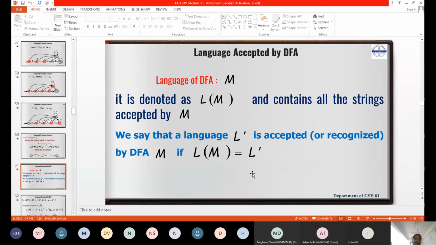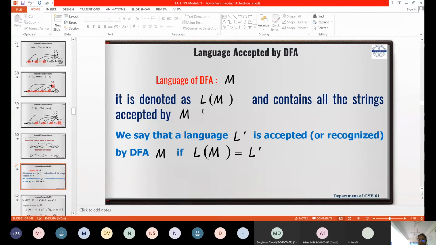Okay, so how do you represent the language accepted by DFA? Sometimes, I don't know, you may get a question or not. How do you define the language accepted by DFA with terminologies? I generally call a DFA or DFSM, deterministic finite automata or finite state machine, anything. It's a machine actually, so we call it M. The language accepted by the machine M is denoted as L of M.